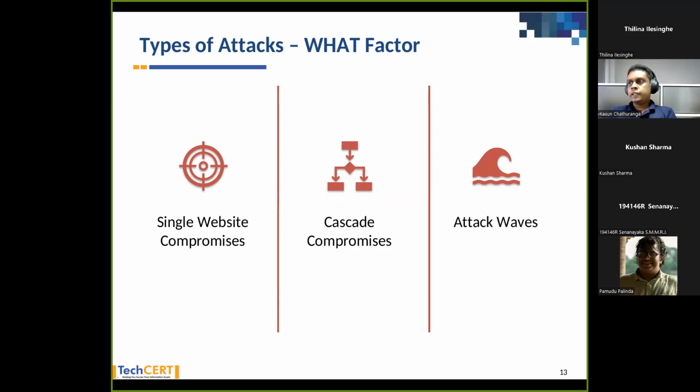So in types of attacks, I have mentioned that there is a type called attack waves. Since WordPress is the most common one, and a very large number of people are using it, there are websites which are not applying security updates, or sites which are not built in a secure manner. That means they have used a plugin which has a very bad history.